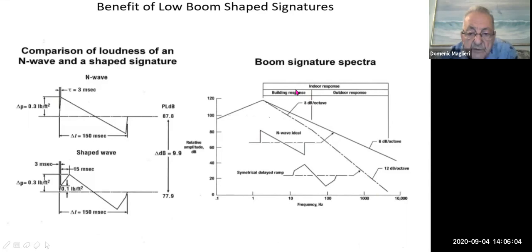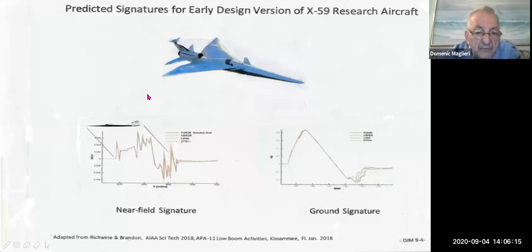Even indoors, okay, where you have the other 2 cues, you know, the motion, vibration, and the visuals, you get a benefit. So, with that in mind, work began on the X-59. And here's an early version. Now we're looking here at the near field, say a signature that's about 2 body lengths away from the vehicle. We're looking at pressure, and we're looking here at distance along the fuselage. What we see is a buildup that gives you very sharp shocks in here, and then expansion, and